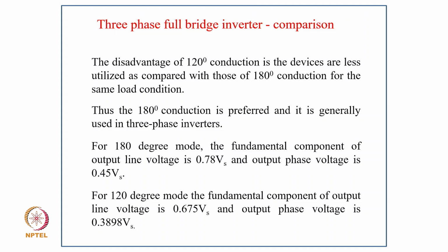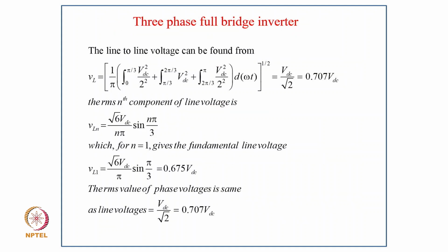and the output phase voltage is 0.45 Vs. For 120 degree mode, the fundamental component of output line voltage is 0.675 Vs and the output phase voltage is 0.3898 Vs. The line to line voltage can be found from VL equal to [1/pi times the integral from 0 to pi/3 of VDC squared by 2 squared, pi/3 to 2pi/3 of VDC squared, plus 2 VDC squared by 2 squared, d omega t] to the power half, so it becomes VDC by root 2,